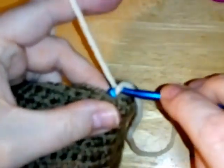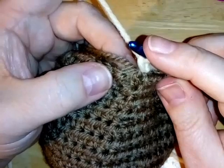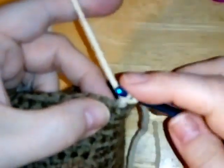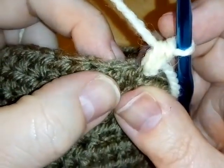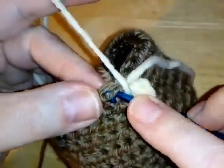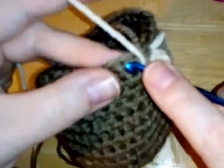and we are going to chain 1, and then we're going to work around in those front bars, okay, and we're going to do a half double crochet in the very same stitch we've just done that joining in. So if you have got a very small loop, just again keep encouraging your hook through there and do your half double crochet, okay, and then you're going to do a half double crochet in each front bar, sorry. So go to the next stitch, find that front bar, and do your half double crochet, and then the next one